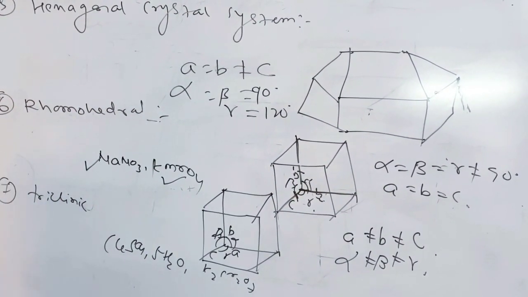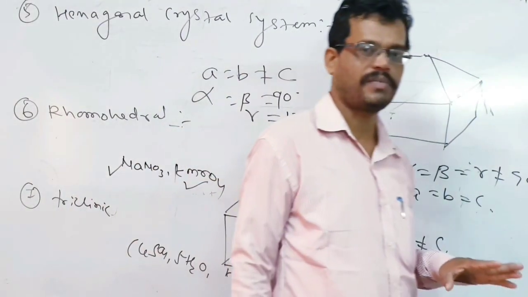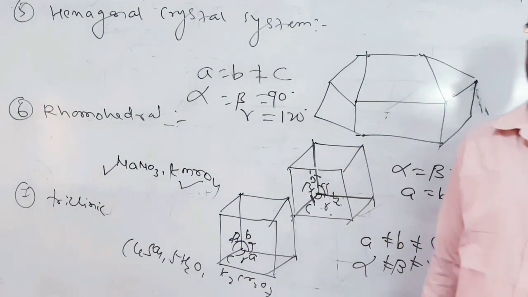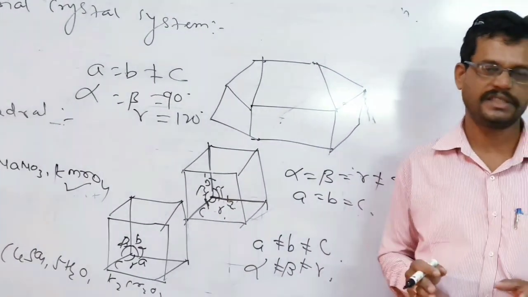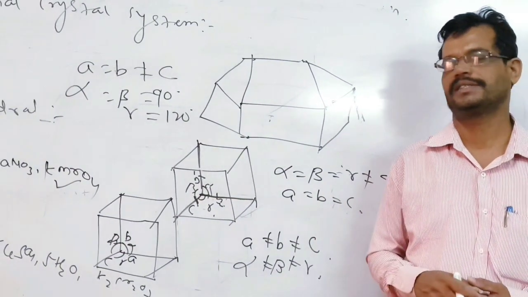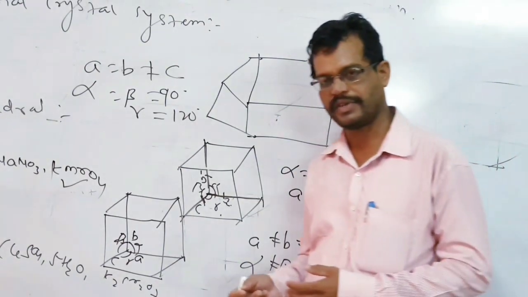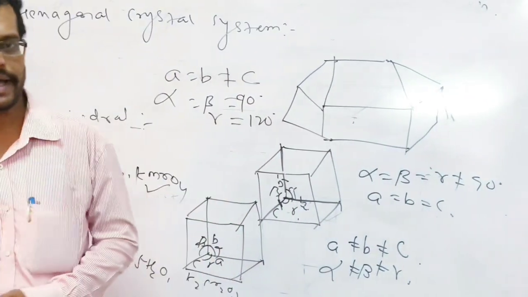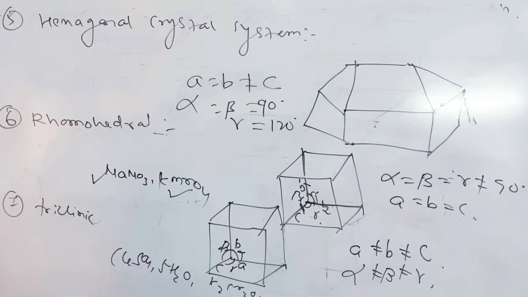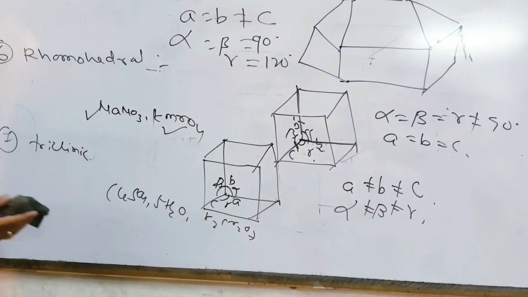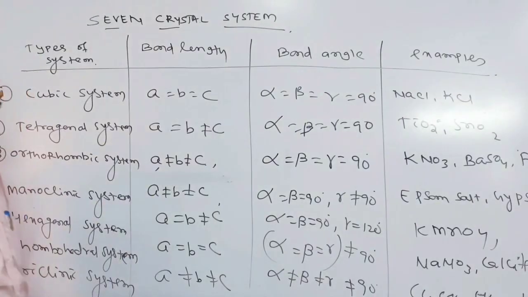So now, dear students, you see there are 7 different types of crystal systems where all the solids are found to be arranged, and while they are arranged, their arrangement is considered by taking their bond lengths, that is a, b, c lengths, and the angles, that is alpha, beta, gamma. So let us write all these parameters in the form of a table. Okay, so just look here, students.